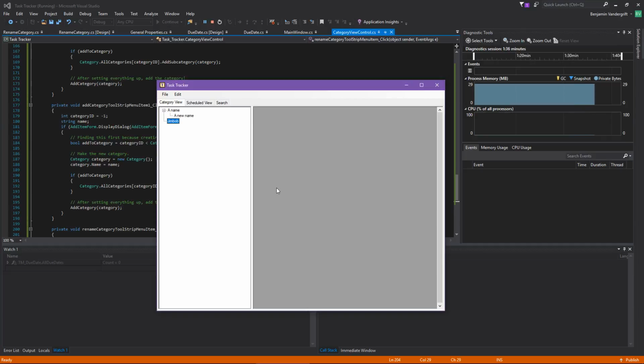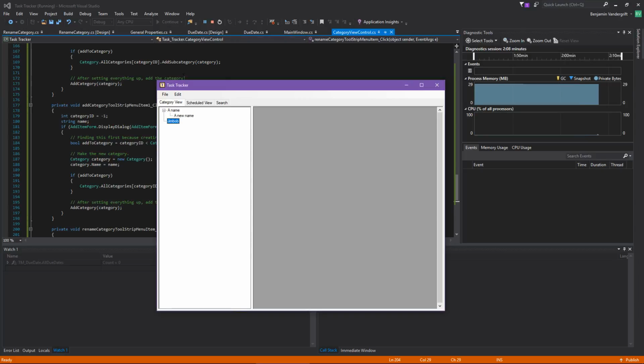There are going to be a couple of additional things I'm going to need to add. A really good example is I'm going to need to add the functionality to move categories. For example, if a category has a parent, I'm going to need to be able to change its parentage and take it out of its parent's children. I need to be able to move things around. I'm not going to do that right now, but I'm going to add that through the